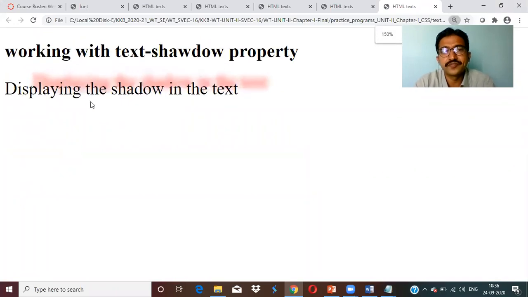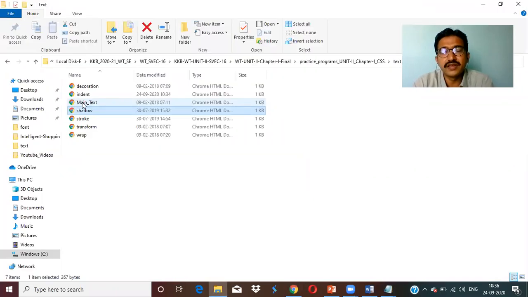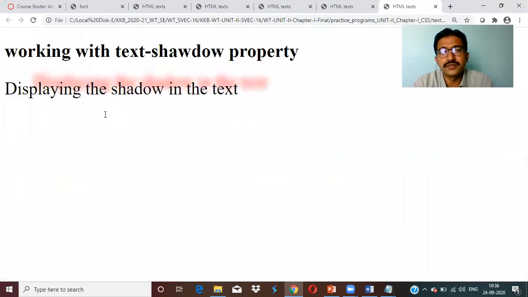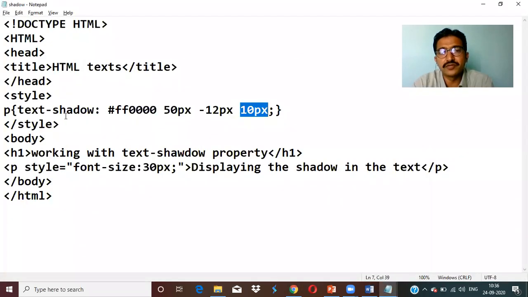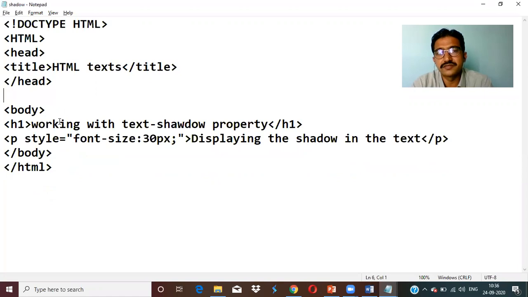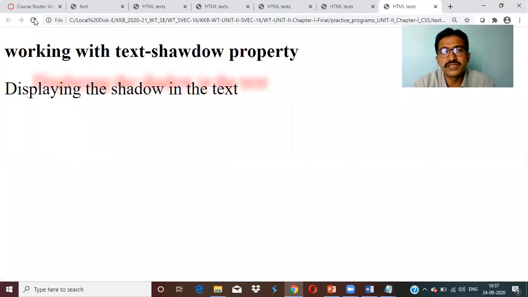I'm just zooming in. See the shadow. Normally, when you are not applying the text shadow for this one paragraph, just cut this, save, and you get it without the shadow. How does the text display the shadow normally, right?